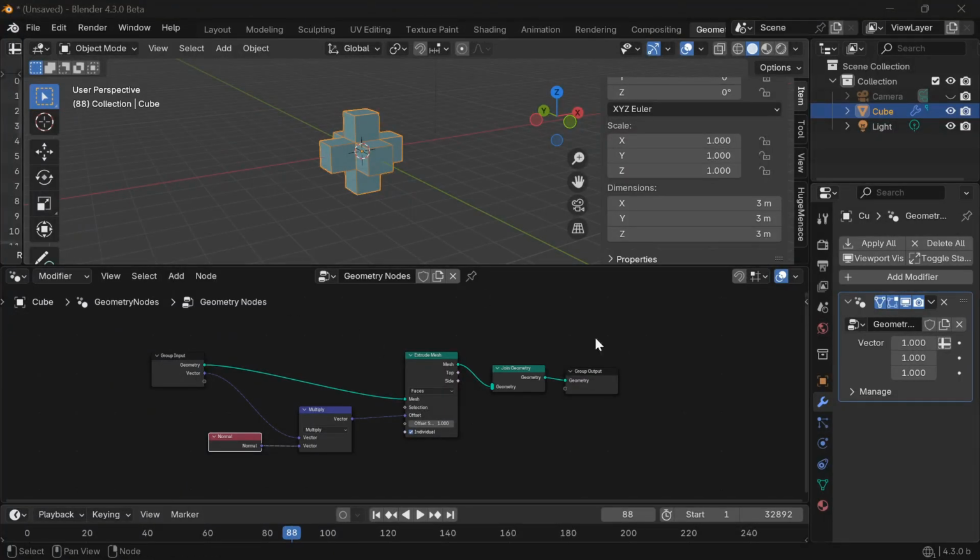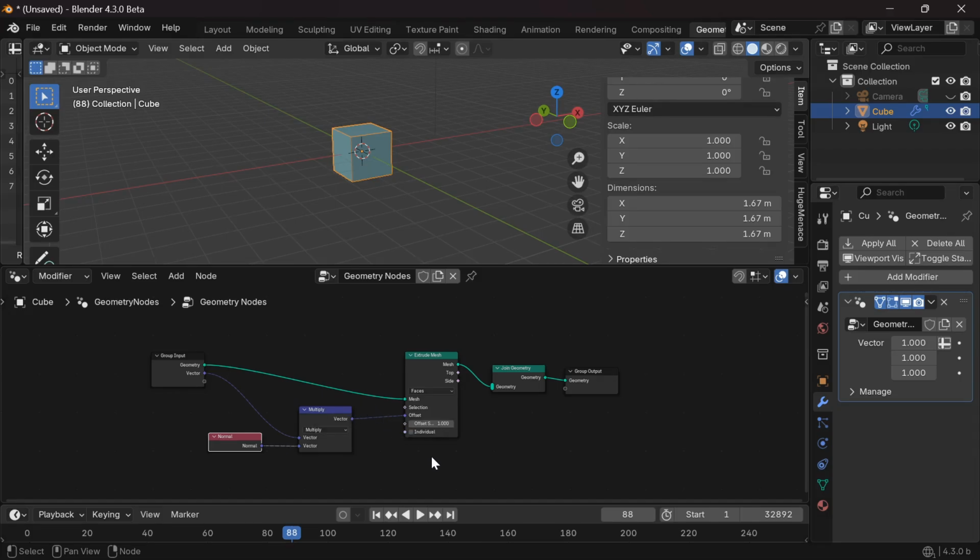We finish the warning about scale and dimension with the exploration of the extrude node. We have the toggle box individual. It's for when we have multiple elements connected. We already saw the dimension work with the box ticked in the previous video. But if I untick it, you see the dimension is not the one expected.